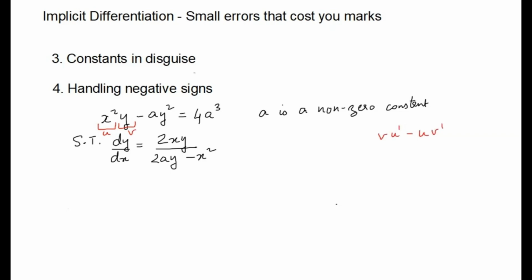So keeping that in mind, the differential of x squared y will be y into the differential of x squared, which is 2x. Plus u, which is x squared, into the differential of y, which is 1 dy by dx, because we're differentiating a y term,